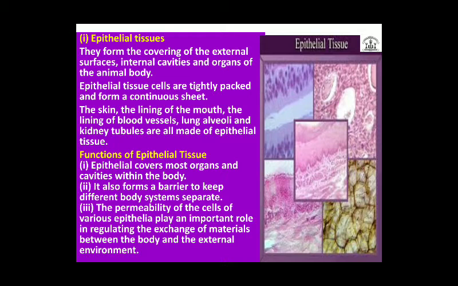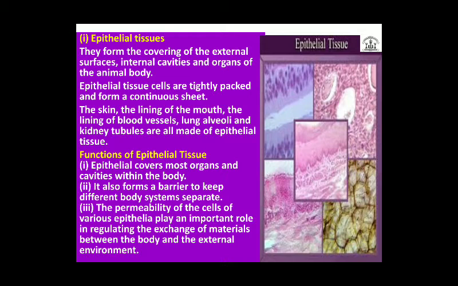Cells in epithelial tissue are tightly packed with no intercellular space. They are tightly packed, and they do not leave space. Intercellular space is not found in the epithelial tissue. They are separated from other tissues by a fibrous basement membrane. What does this fibrous basement membrane mean? Every epithelial tissue is separated by a kind of layer.